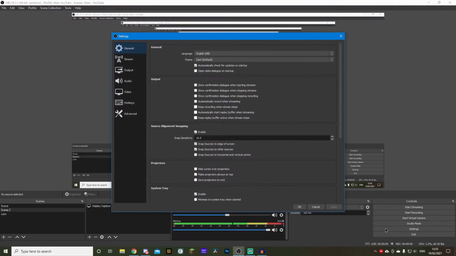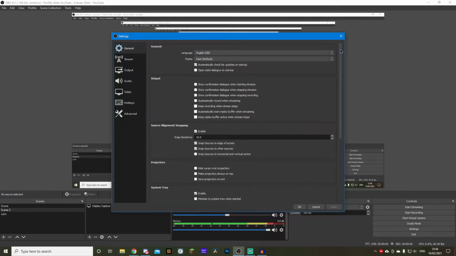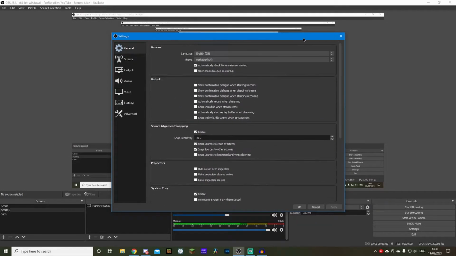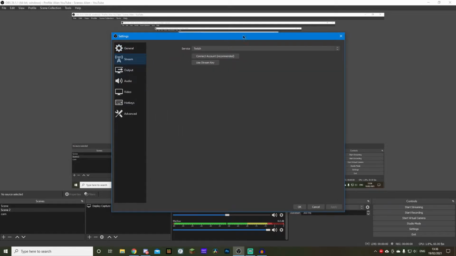So if we open up the settings, I will also show you my settings because I actually spent ages working out these settings to give me high quality videos without recording in so high quality that it wasn't worth it. Because no matter how high quality videos you're recording in, YouTube are going to compress it and it is going to be significantly worse quality than the actual video that you're uploading, and that is just the sad truth of it. So in the general tab, you're not really going to need to change anything, or the stream tab, unless